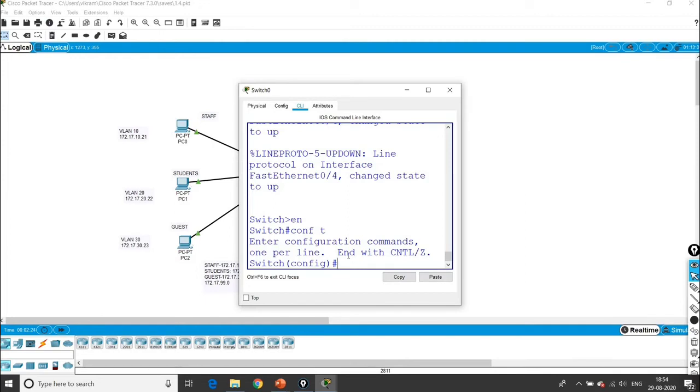Now we want to enter the VLANs here, followed by the IP addresses. For that purpose we need to configure the VLANs first.